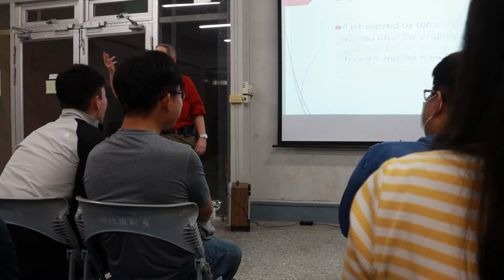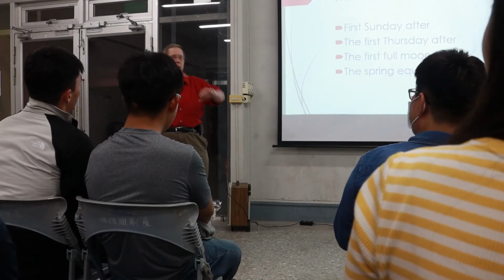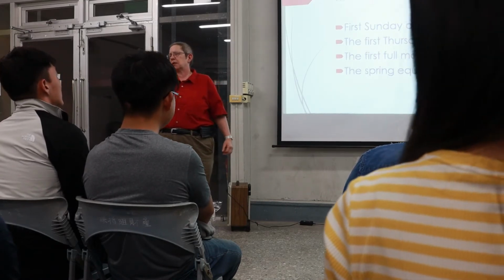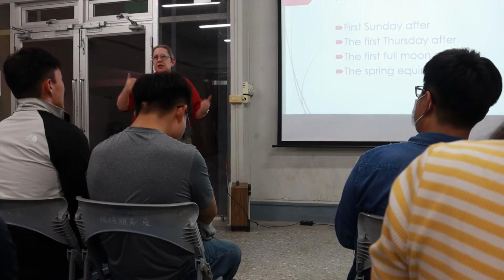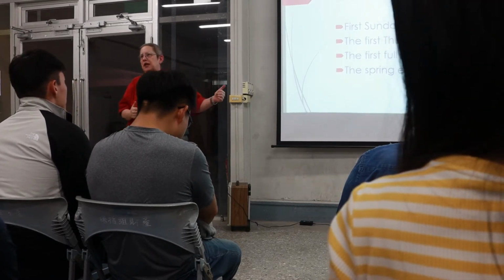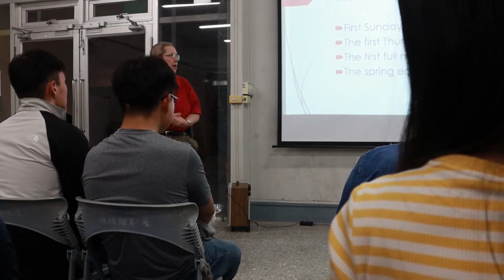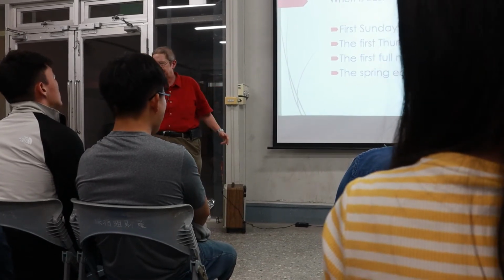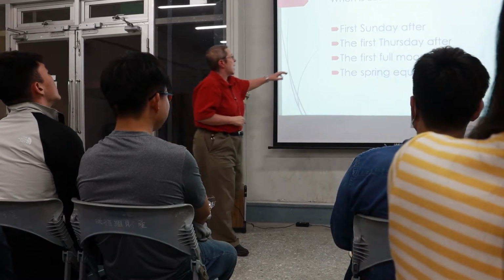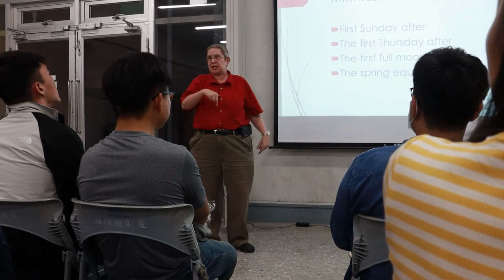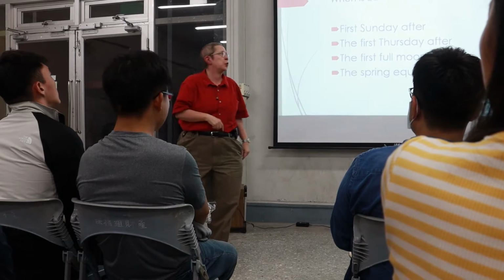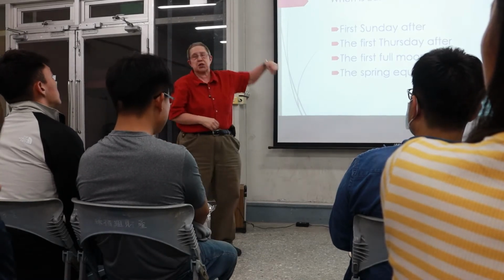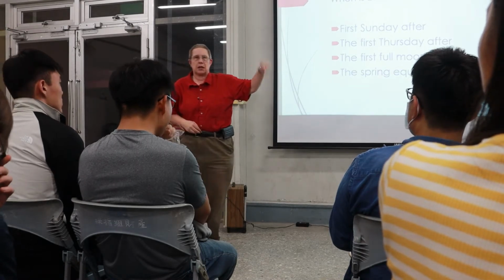We just had it. Today is March 28th, so it was one week ago, right? Well, no, it depends. In the U.S. it was on the 21st. Here in Taiwan it was on the 20th because of the time difference. So the spring equinox was just one week ago, and the first full moon after that is today. So the first full moon is happening, and so then Thursday is this coming Thursday, which is April 1st, April